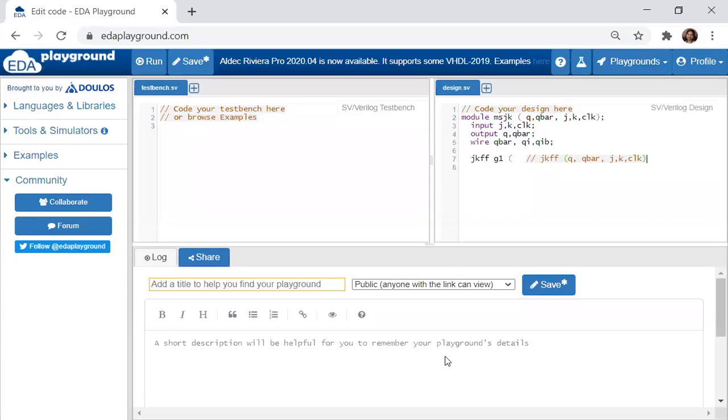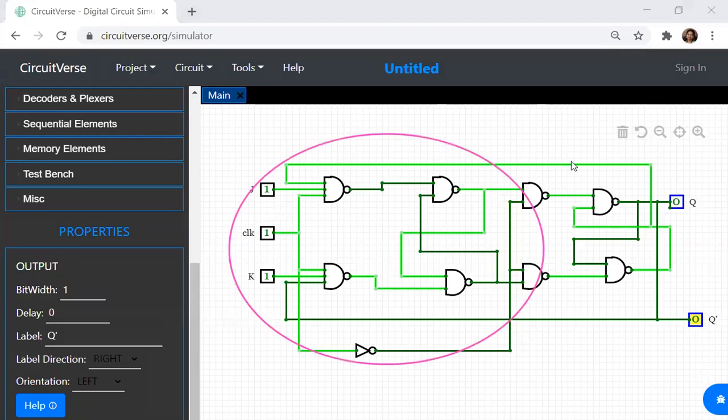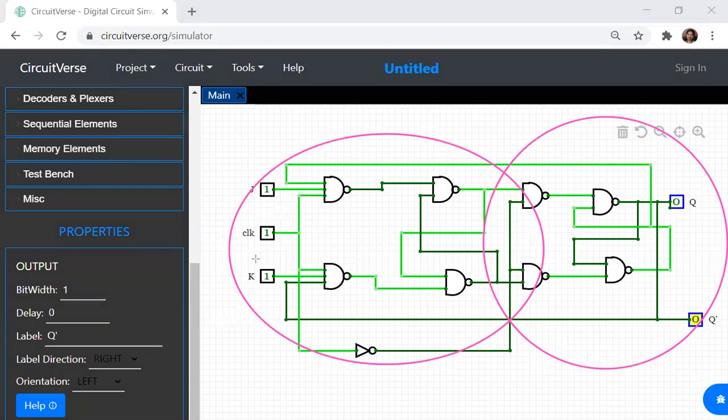So if you can see our design, in this design we have two JK flip-flops. Let me write that for you. So this is the first JK flip-flop I have, and this is the second. Now for the first JK flip-flop, I have the inputs J, K and clock.